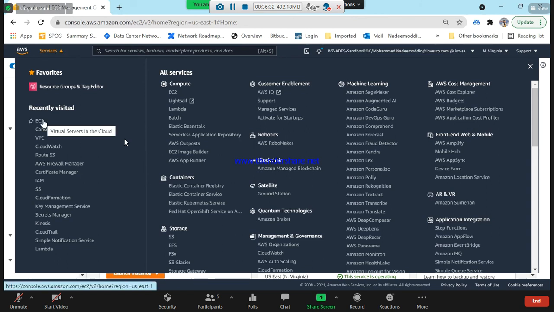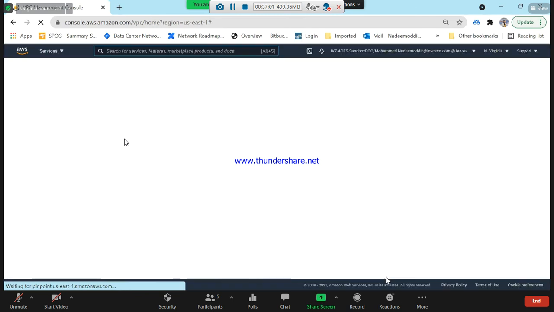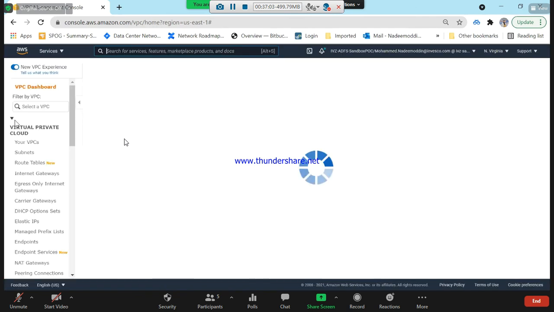Yes, EC2 is covered, but we'll see that again, because I think some students still have challenges, so we can take backup classes. In parallel we'll look at VPC, which is purely a network part, like how to build a network in the cloud.